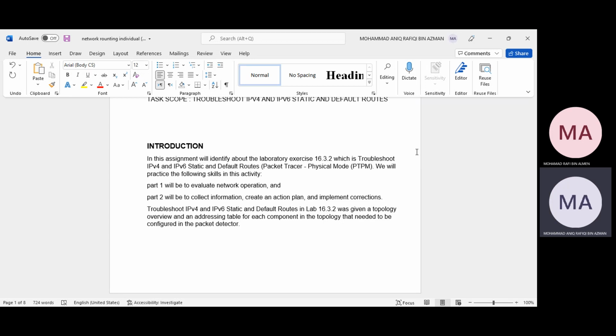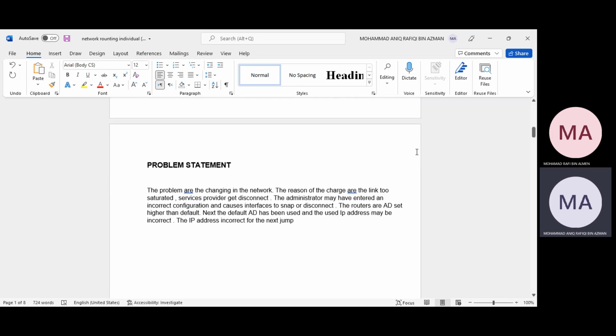Part 2 is to collect information, create an action plan, and implement correction. Lab 16.3.2 gave a topology overview and an addressing table for each component in the topology that needed to be configured in Packet Tracer.